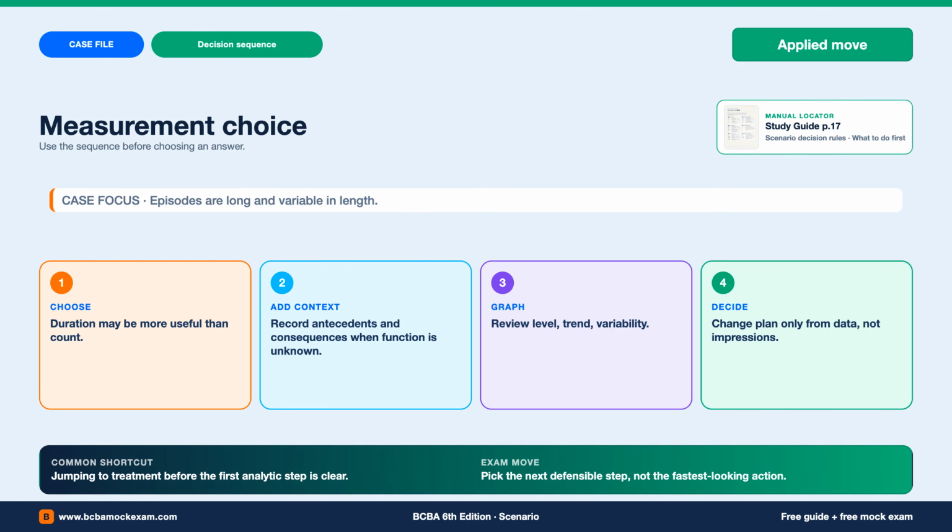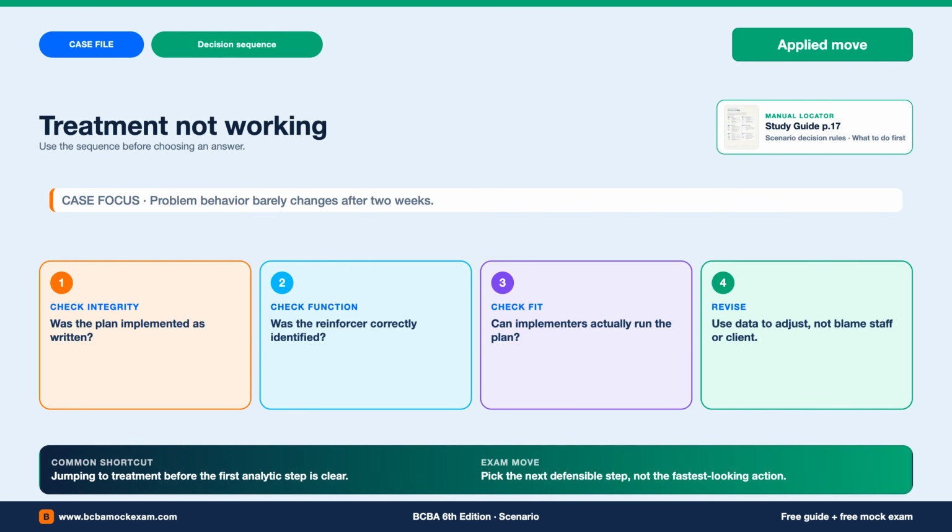A short way to hold it is this. Measure the dimension that matters. Now apply the rule to treatment not working. Here is the situation. Data do not improve after a plan is introduced. A rushed candidate changes the whole plan immediately. The better move is to check treatment integrity, function match, reinforcement schedule, and data quality before deciding the plan failed. So the answer should be the next defensible step,